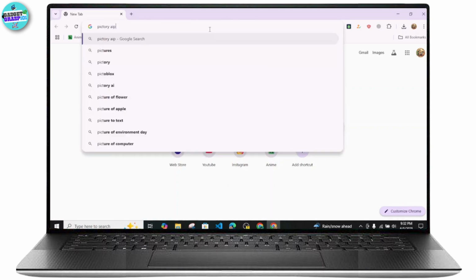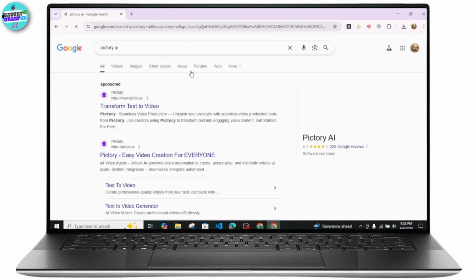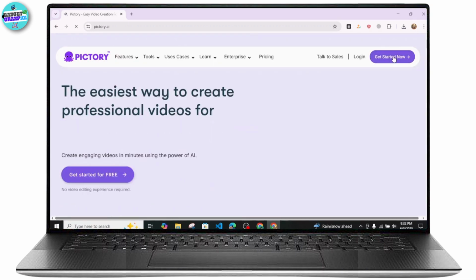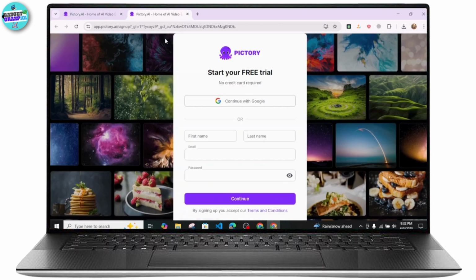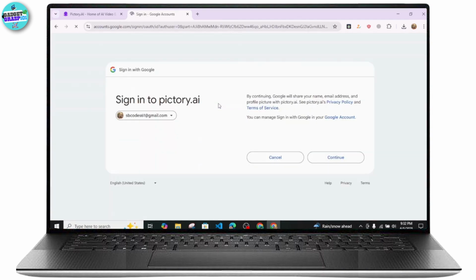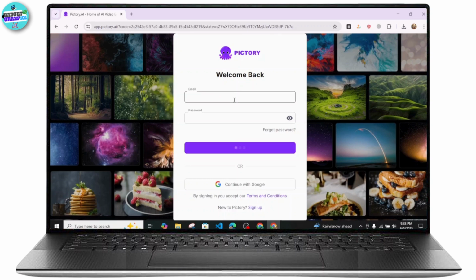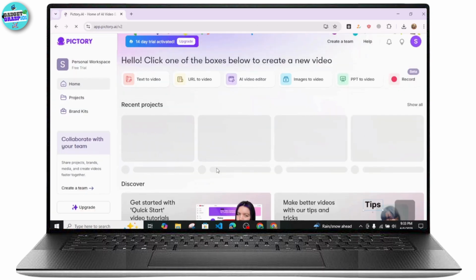In this quick tutorial I'll be showing you how you can easily create YouTube shorts with Pictory AI. So first just head over to your Pictory AI website, which is the official website, and once you're inside here just click on this get started for free. And before that, always make sure that you have already created your account. If you haven't already, just create your account just like this. You can also use your Google account as well. And once you successfully create your account, you will be heading over to its homepage just like this, and here